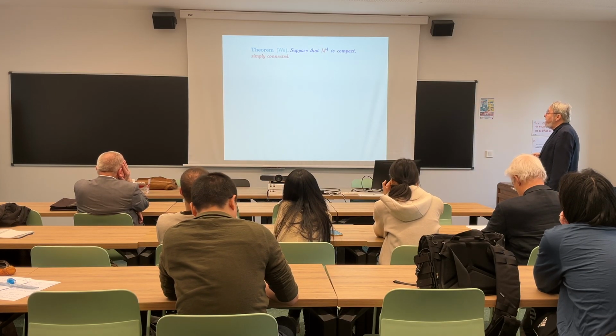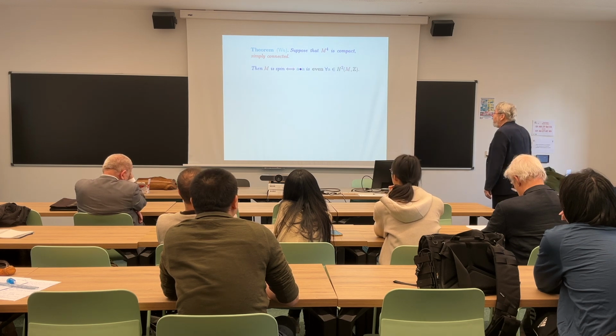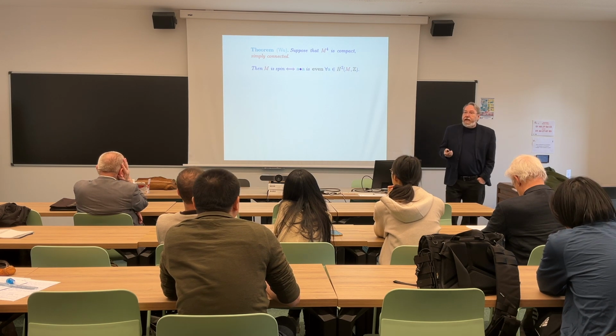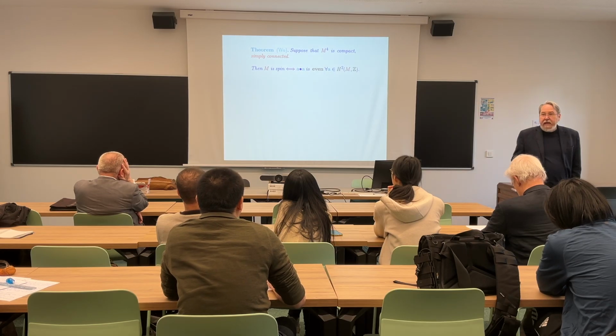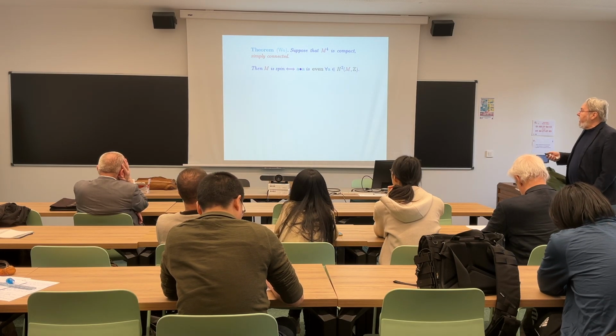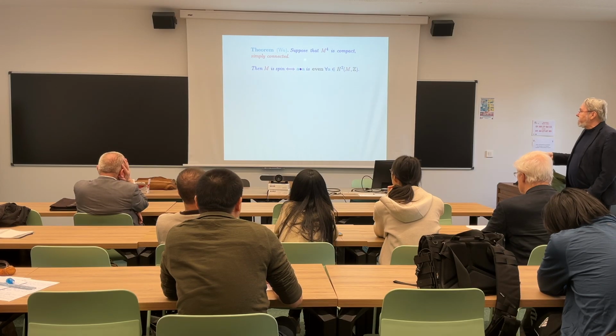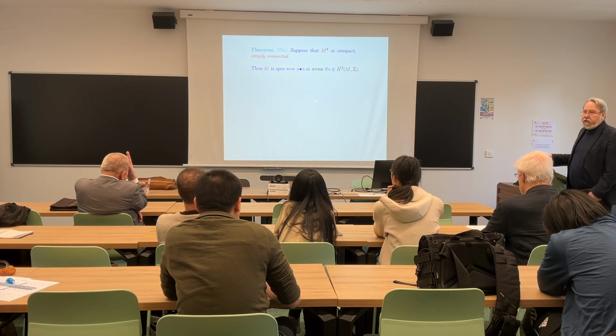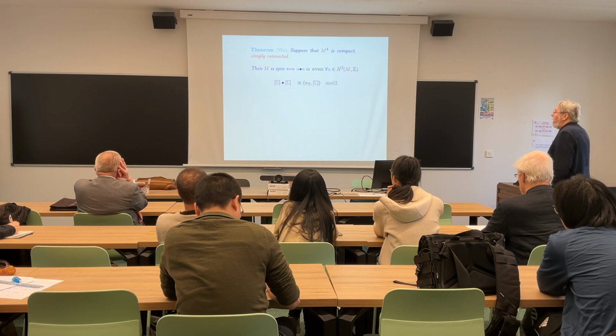If M is a compact simply connected manifold, it is spin if and only if its integer intersection form is even in the following sense. It's saying that every time you take an integer class and you pair it with itself, you will have to get an even integer, right? So